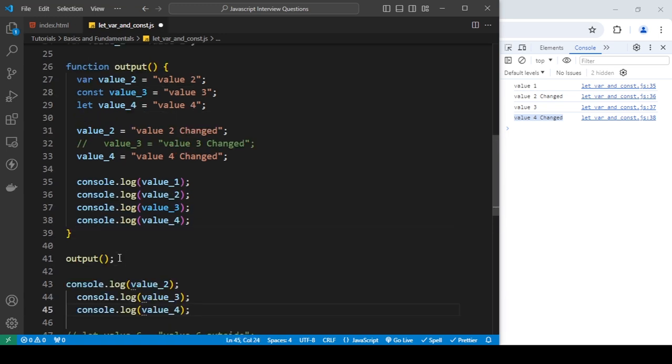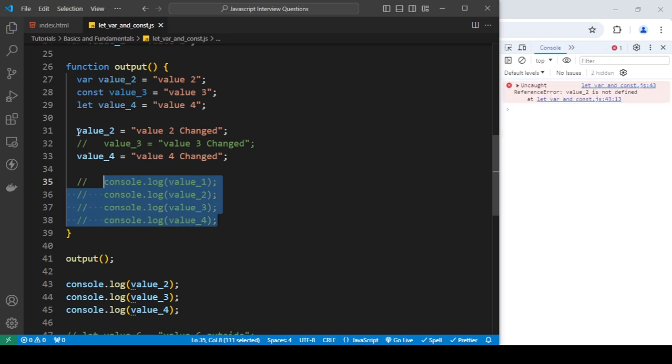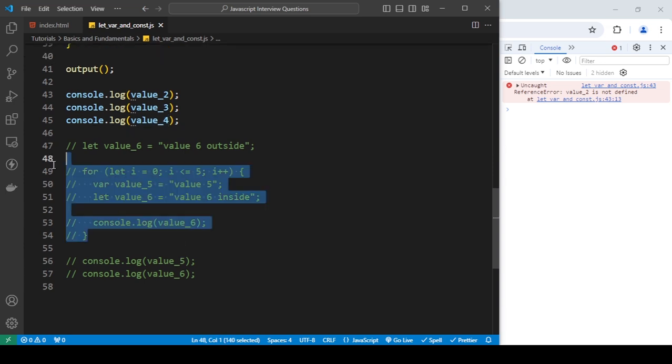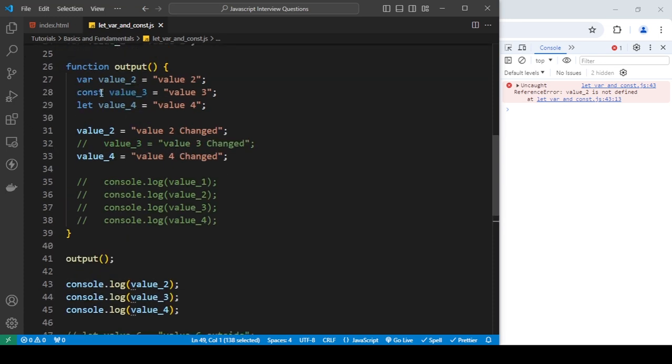If I try to access any of these outside, you will see a problem. Actually, I'm gonna comment these out to show you. See, I've tried to access this, this, and this, and I can't because they are function scoped. And I already showed you how we can do block scoped. Okay. So function scoped variables cannot be accessed outside, even if it is a var, but